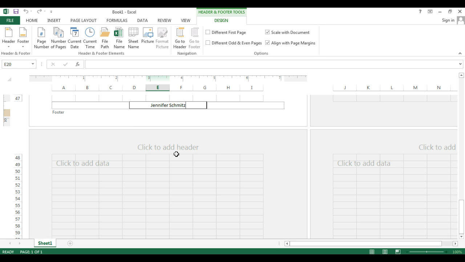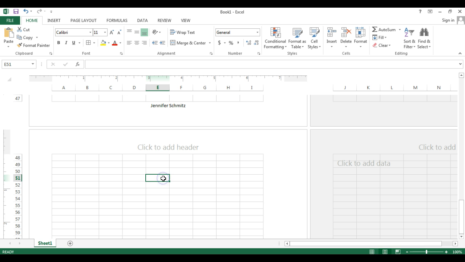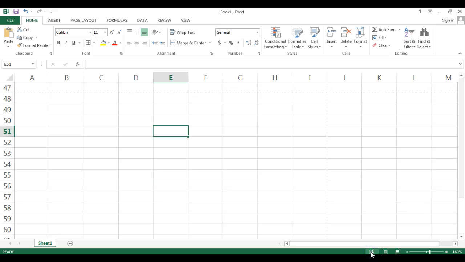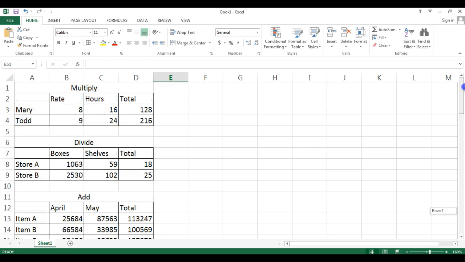And then before we can go back to normal screen, I want you to click down in this area here. And notice how it's not blue anymore. And once it's all white here, I want you to go down here to the corner, not the actual corner, just close to it. And notice when I put my mouse on top of this, it should say normal. Mine's off the screen so you can't see it. But if you click on it, don't panic. Look to see where you're at. Notice that we're way past where we put our information. I'm going to go over to the right, and I'm going to scroll back up, and voila,